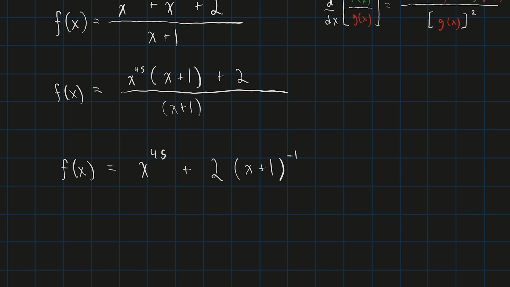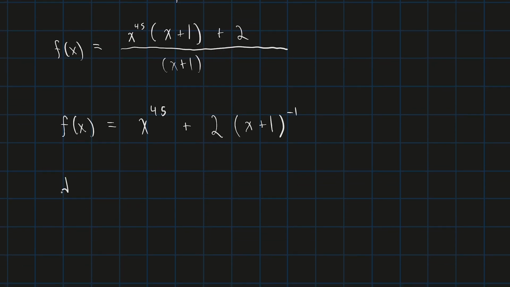Now, the reason this is easier now is that we have just two terms here. And we know that the derivative of the sum of two terms is the derivative of the first term plus the derivative of the second term. So this means that this is the notation for the nth derivative, n is some whole number, like your first derivative, second derivative, third derivative, etc. If I'm taking the nth derivative of f of x,